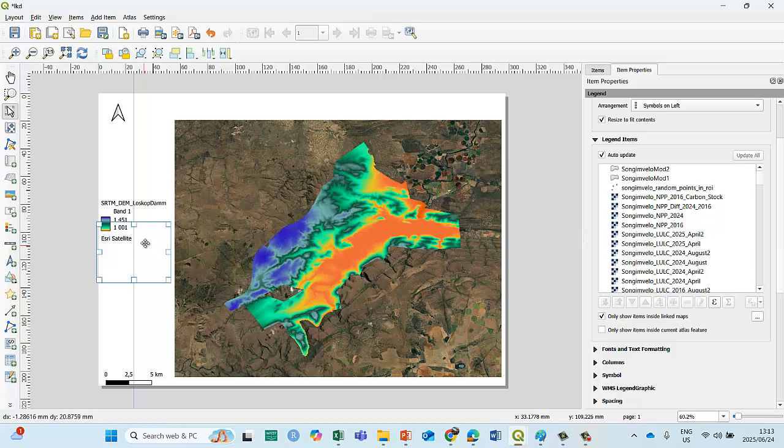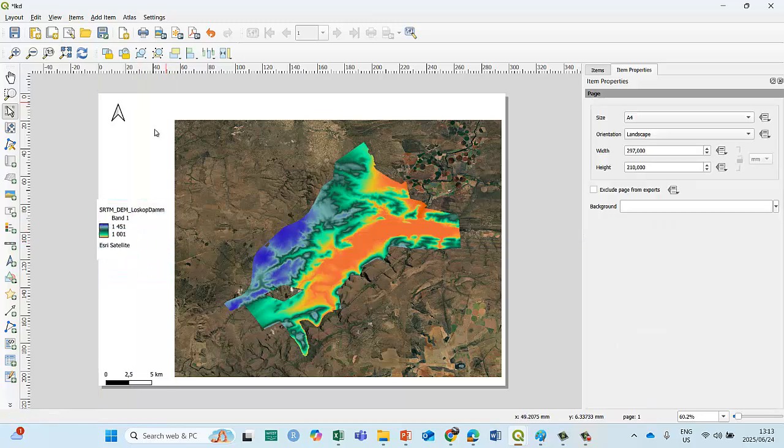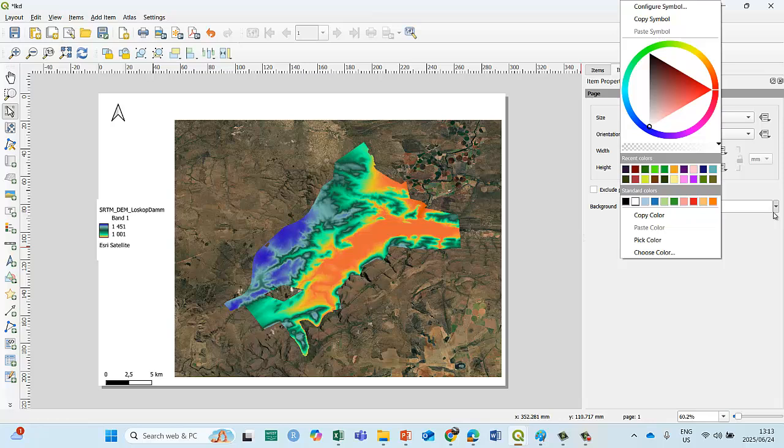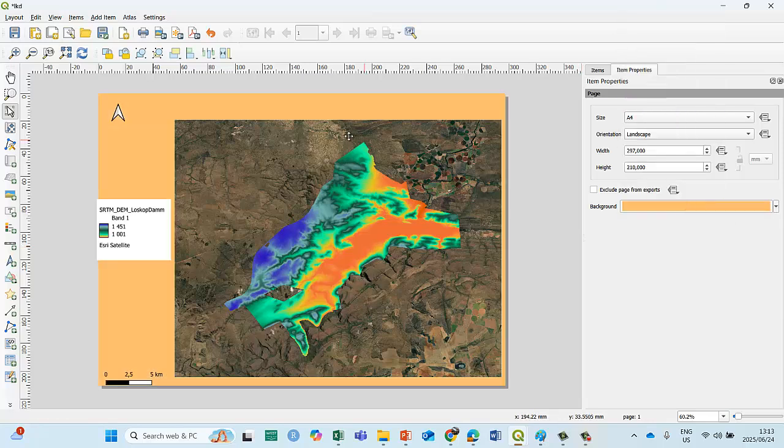Now I can move this. I can put it wherever I want to put it. So that is the next step. Then I'm going to put the background color. Okay, so I click any place left. Most of it's all in left. You'll see there's a background, and normally I click on background. Okay, so there's my basic map or picture.